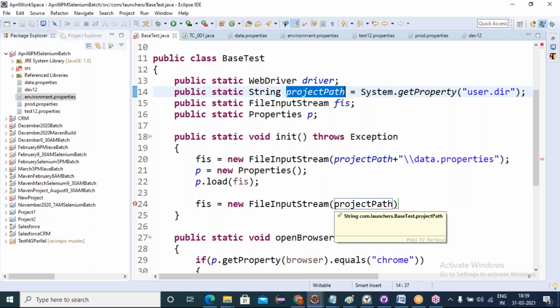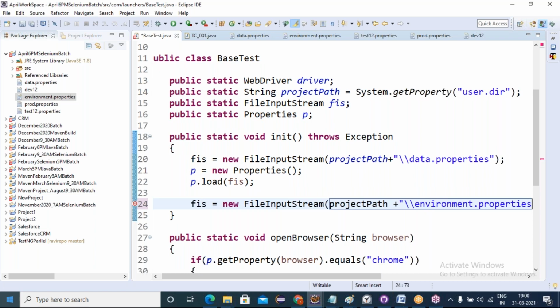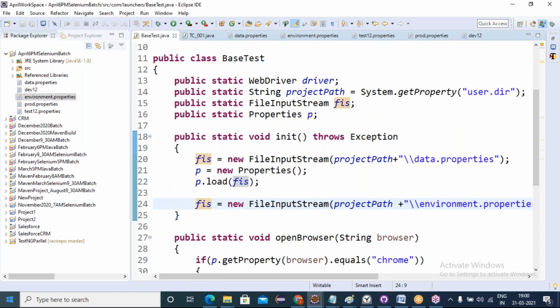Then concatenation, next the file name: /environment.properties. Now I have initiated where my file is.